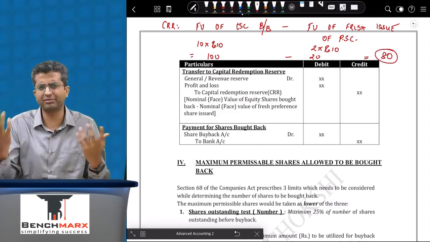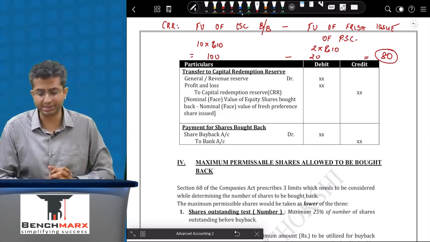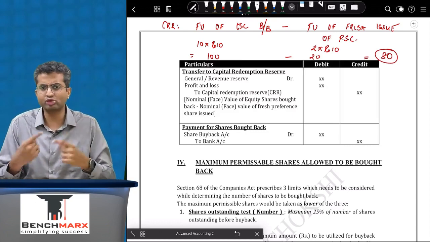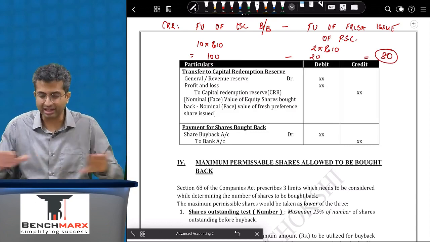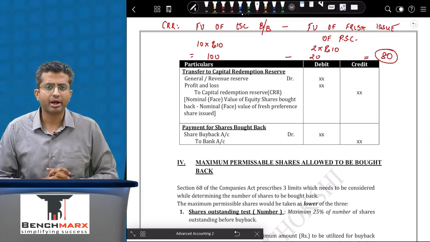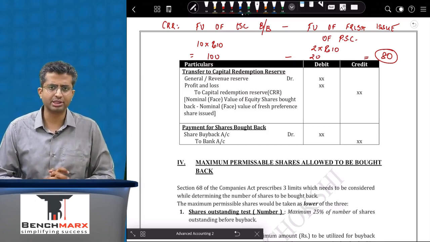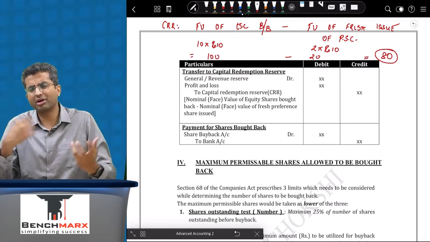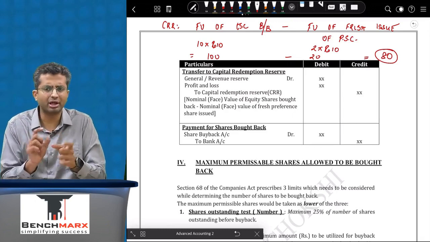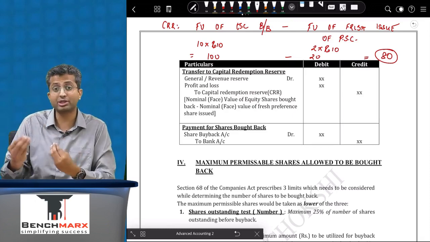And then after everything is done, or even before that, you can pass an entry. Once you have adequate cash, you can do the share buyback account debit to bank, and that way your entire buyback process is done. There are a few questions where the institute has actually twisted the cases, where it has also